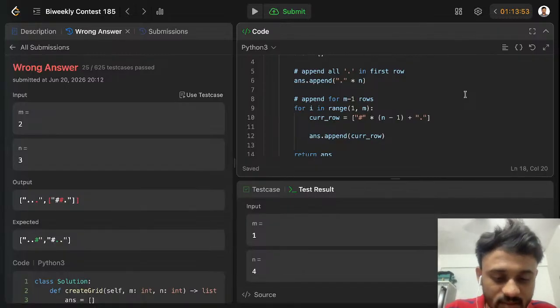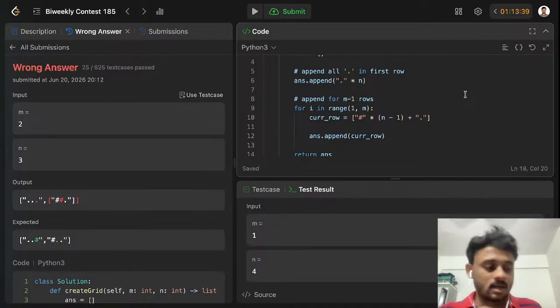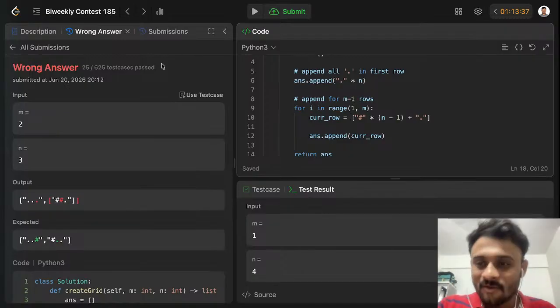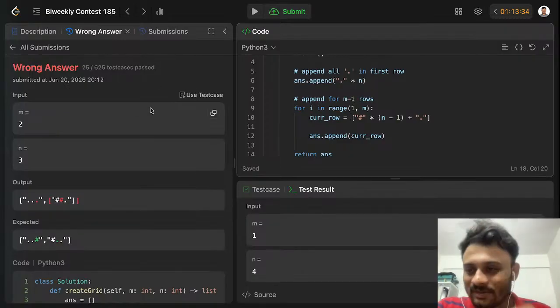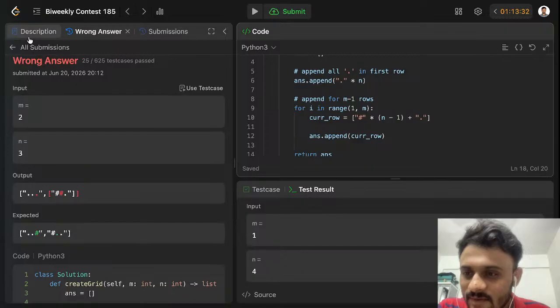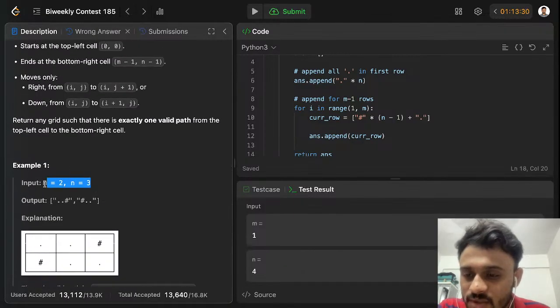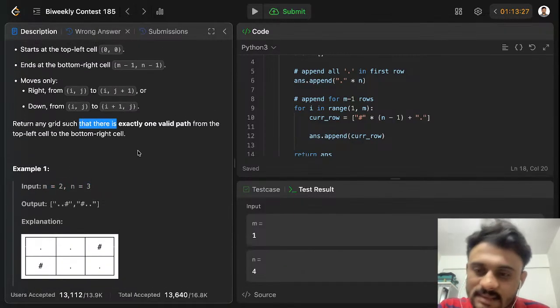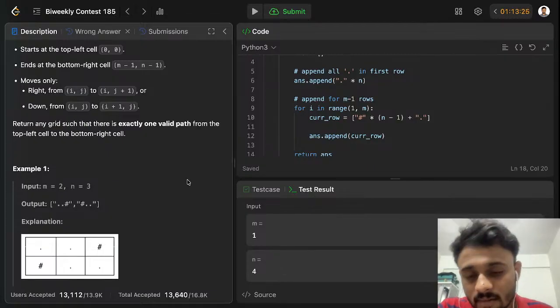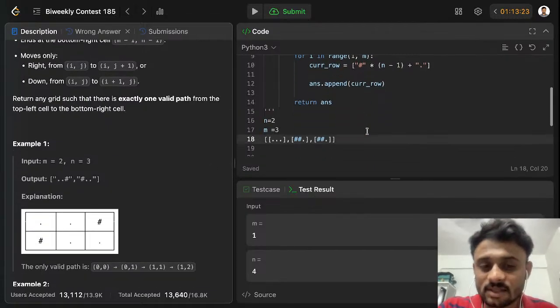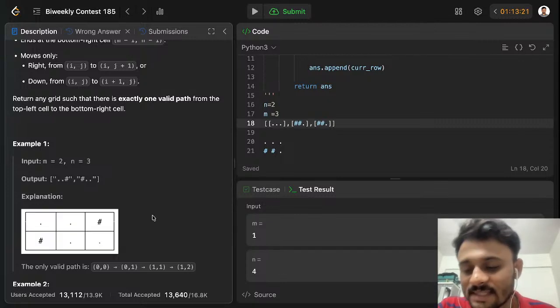Tell me, brother. I'm seeing your comments. Or should I go with that zigzag order? What is it actually expecting me to do? Because even in the first given example, where m is 2 and n is 3, it says there is one valid path from the top left cell. My solution also follows that, but if it wants a zigzag manner, then we have to